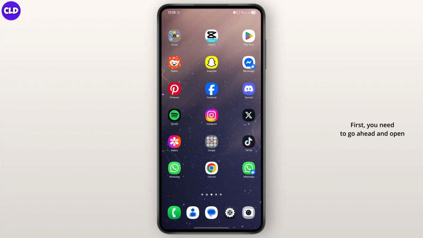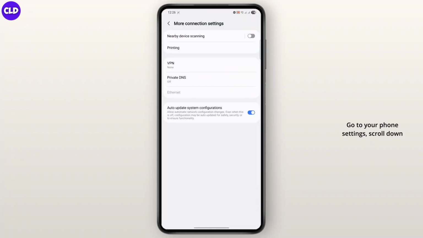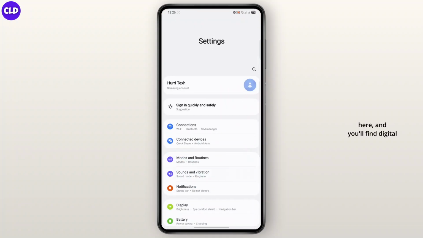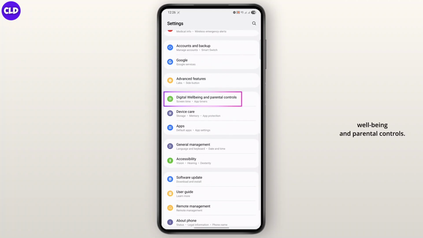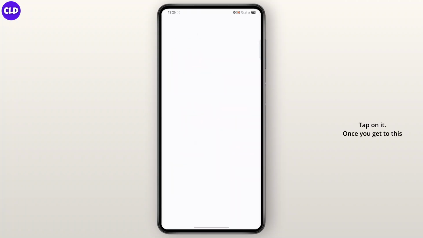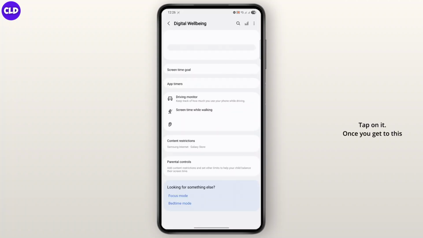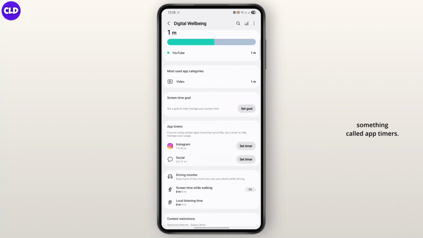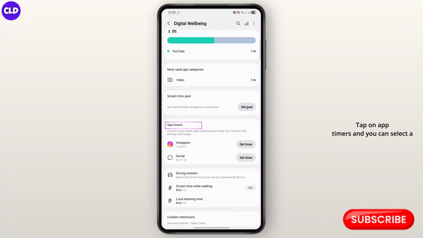First, you need to go ahead and open your digital well-being settings. Go to your phone settings, scroll down here, and you'll find digital well-being and parental controls. Tap on it. Once you get to these settings, you can find something called app timers. Tap on app timers